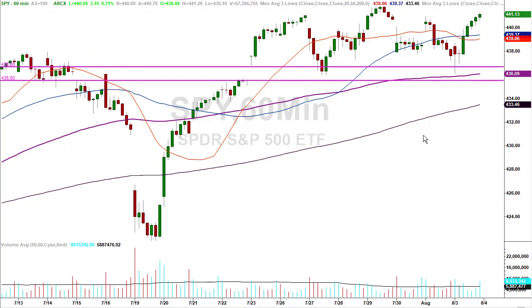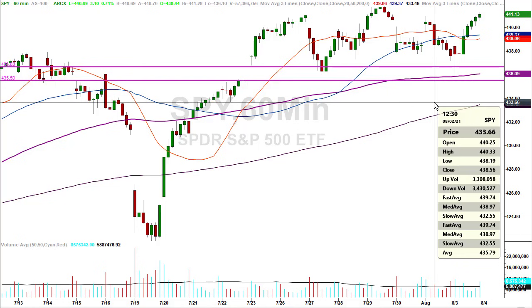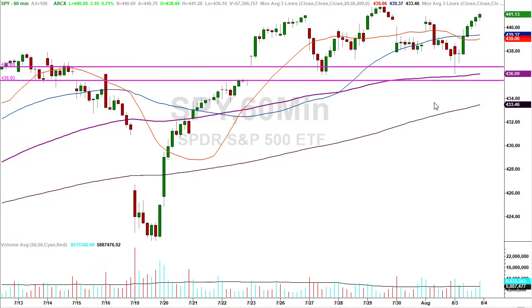Once it's activated, if they close back above it, now it's deactivated. Here's another item that we should pay attention to specifically on this chart. Here's a breakdown candle, and the high is 440.33. So what happens is, once they get above the high, and because this is an hourly chart, as long as they close an hourly candle above the high, what that does is it takes the breakdown candle off the table.